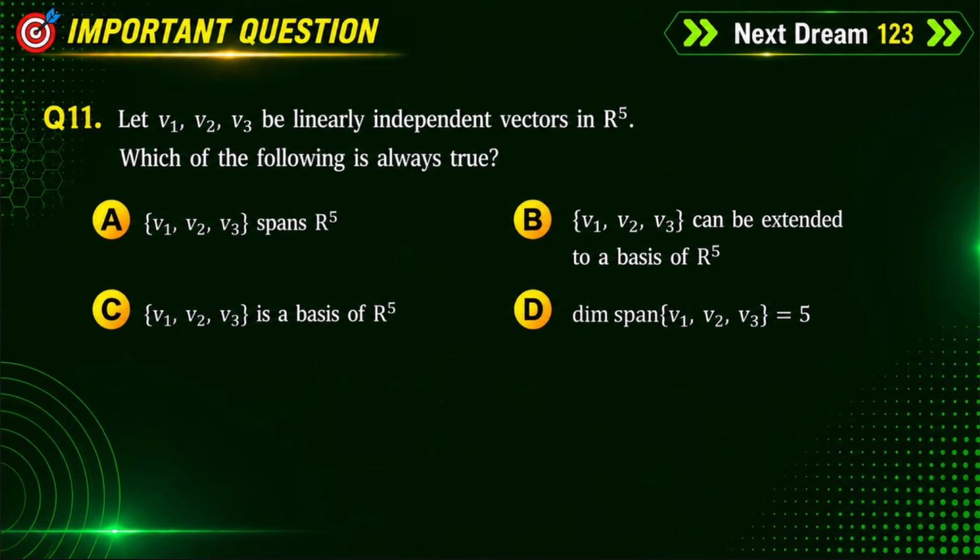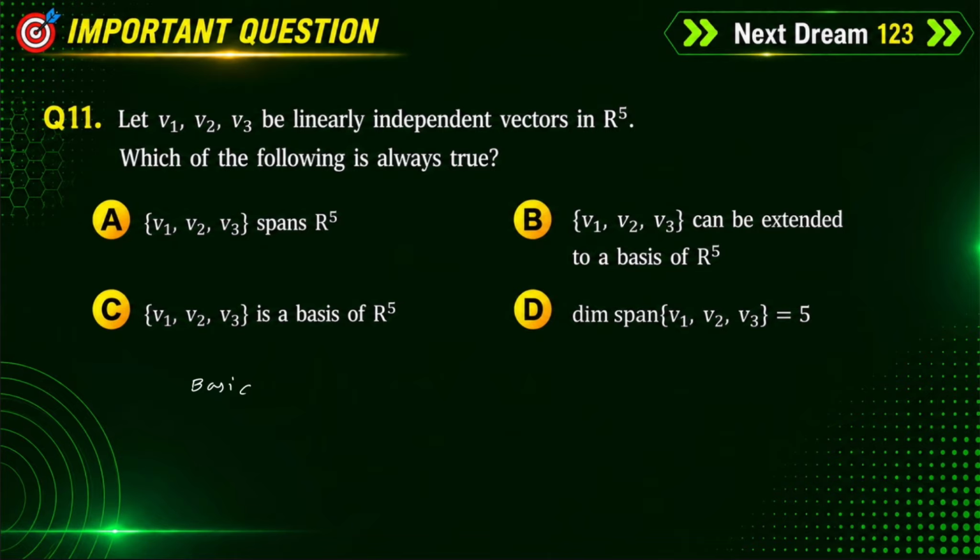You have to be clear about the concept of linear independence. If you are clear with the concept of linear independence, we have a direct shortcut or direct result. Let's analyze the question one by one. First I will write what the result is. We have a direct theorem,